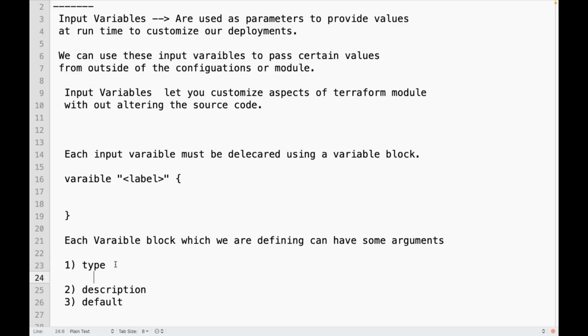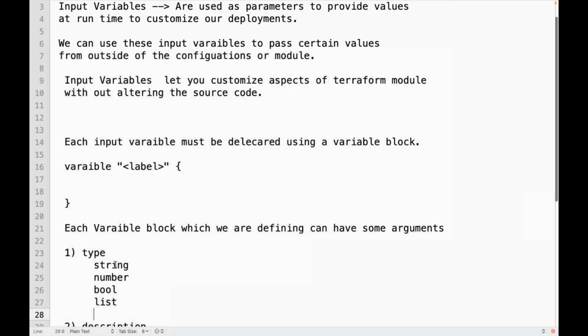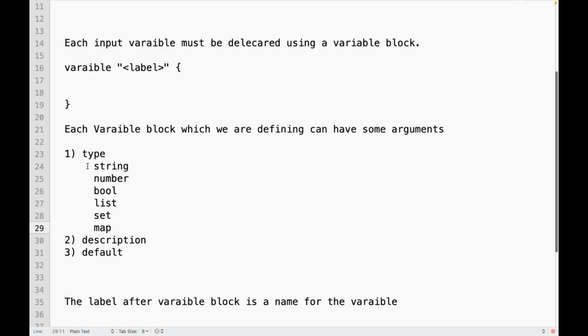When it comes to any variable, there are different types, right? String variable, number variable, boolean variable, right? List, set, or map, like that. There are different types of variables. And the